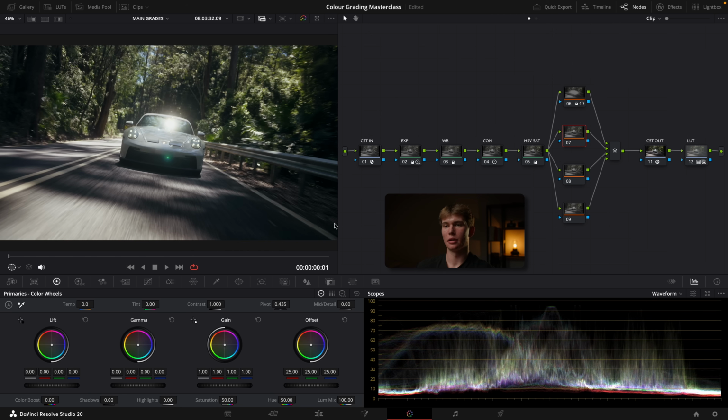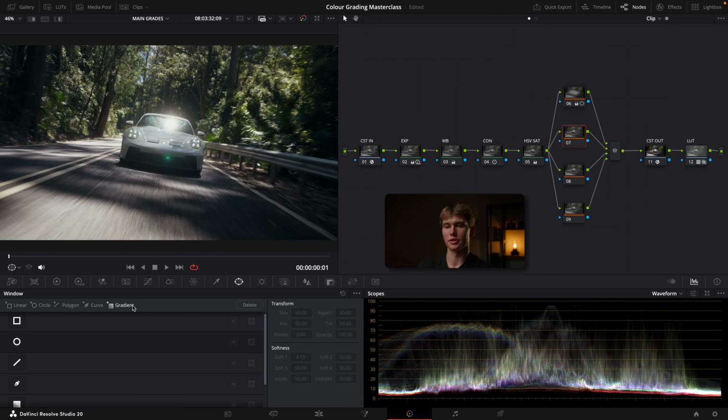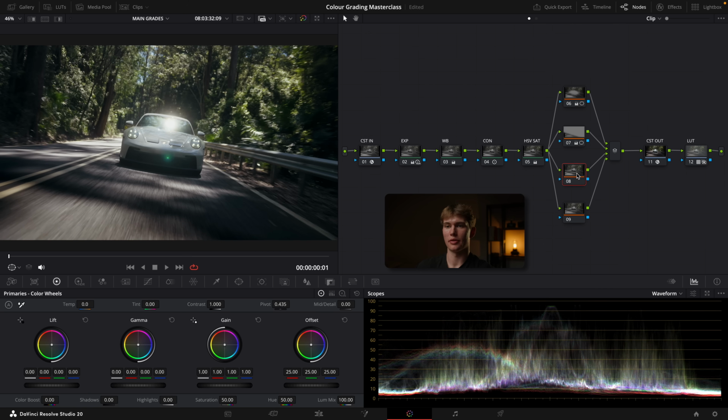Before, after. Now looking at this image, this bright part of the road is a little bit distracting, so I might go ahead and make that a bit darker. Grab another power window. This time we'll use the gradient, and I'll just pull that like so. And then I might make the car a little bit brighter. So I'm going to add another